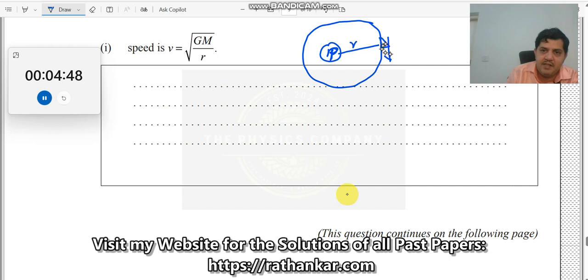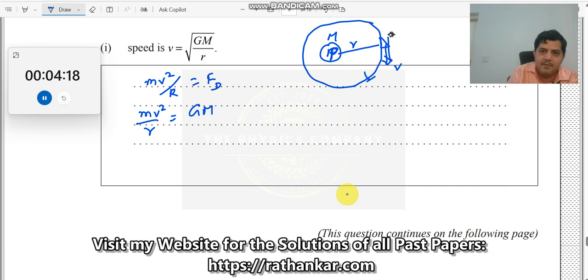We know that if v is the speed of the satellite, and a particle is moving in a circular motion, the centripetal force m v squared by r should be equal to the driving force. Now, what is driving it? The driving force is nothing but the gravitational force. I have written capital R, but I have written small r here, so note the change. Actually, this is the formula, but you can replace it because in the problem it's small r. So I am replacing like this: m v squared by r is equal to G M